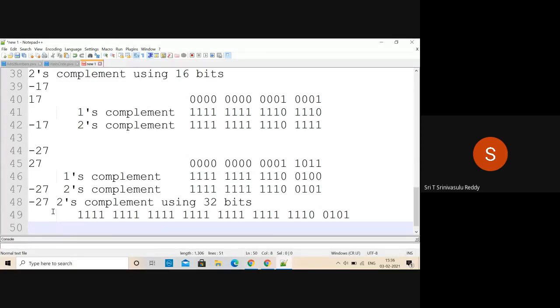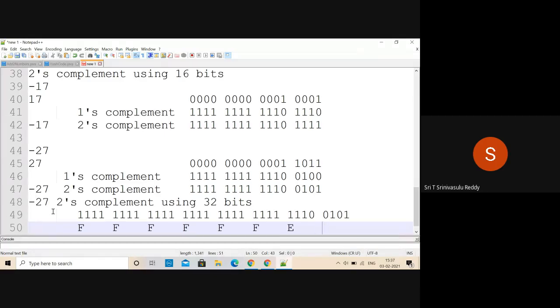So 4 ones is represented as F. Another F. So this is F here, this is one more F. In hexadecimal, I am writing now. This is also F. This one is 15 in hexadecimal, which is F, whereas that value 1110 is nothing but 14, and 14 is nothing but capital E.